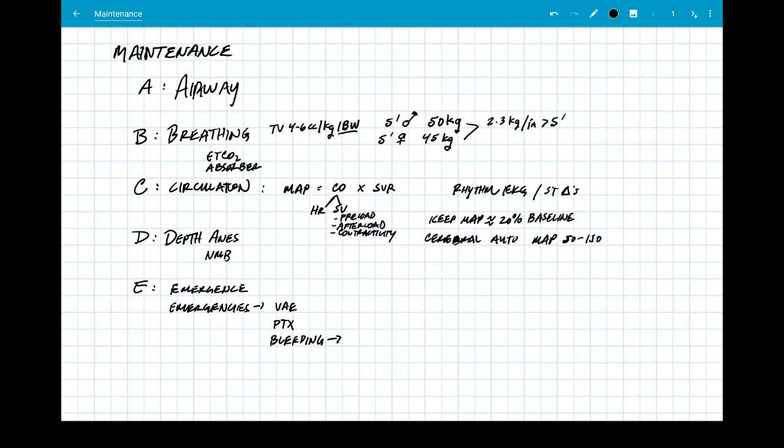how do you know, without checking labs, that you may want to start transfusing a patient? Well, there's always the hemodynamic parameters. The patient's blood pressure goes low and their heart rate goes up. That's something that might indicate that they're becoming hemodynamically unstable. But one thing you can quantitatively use is your allowable blood loss, which equals your hematocrit initial minus the hematocrit at which you want to start to transfuse,